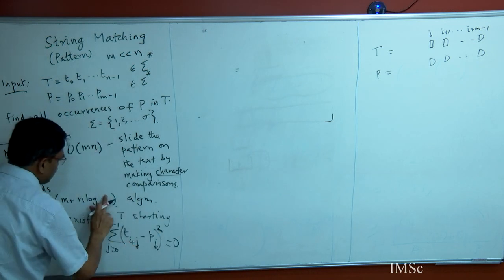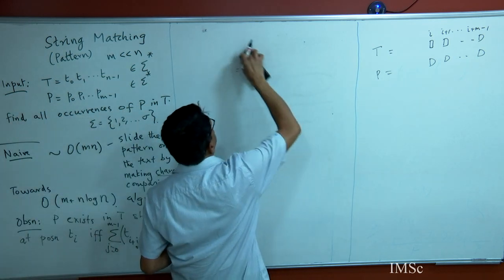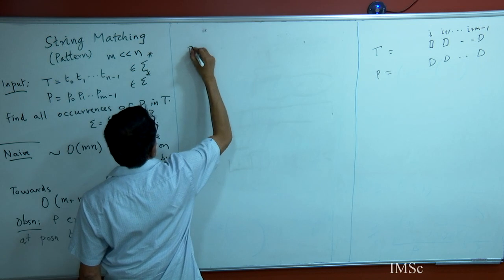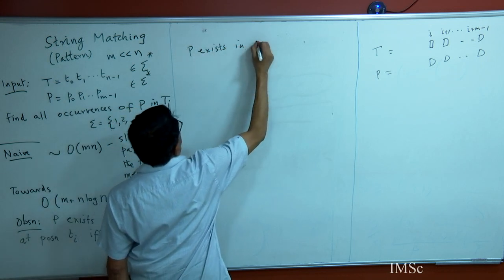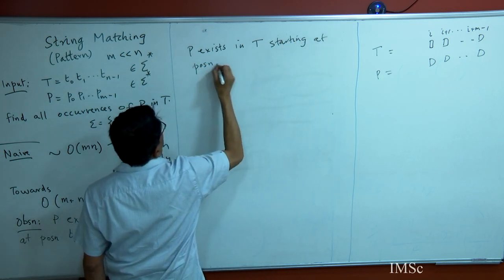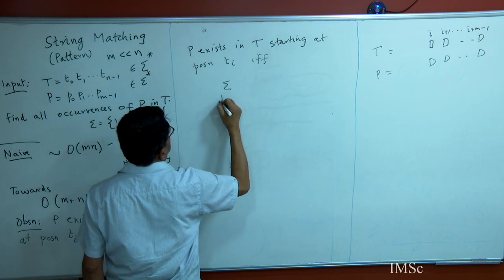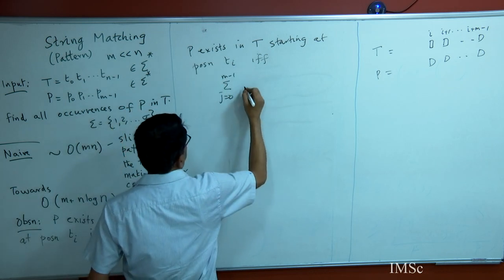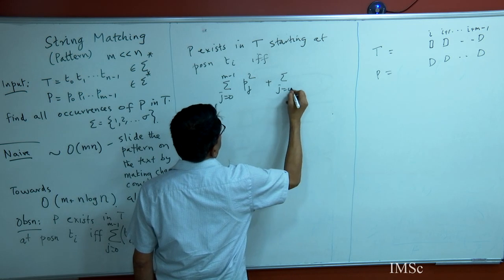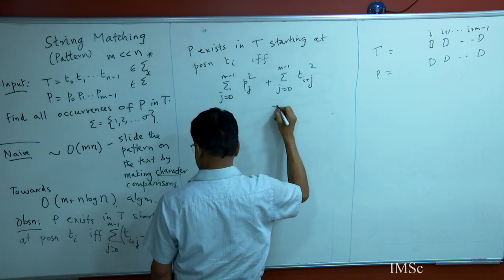So first, let me aim for an n log n algorithm, then I'll improve it. I'm going to write this as P exists in T starting at position Ti if and only if, let's expand this out. This is just numbers anyway. Summation j equal to 0 to m minus 1 Pj square plus summation j equal to 0 to m minus 1 Ti plus j square minus